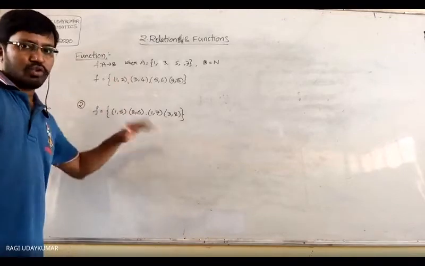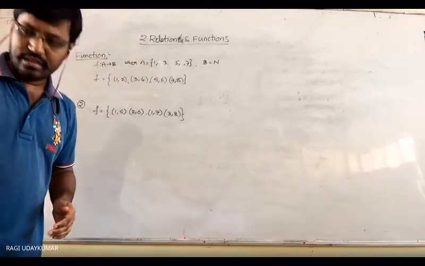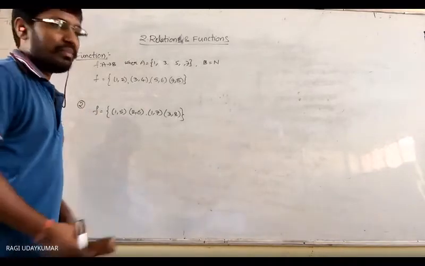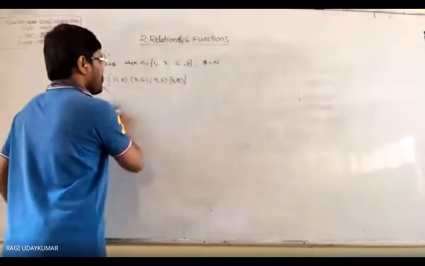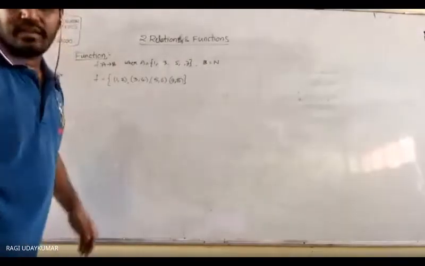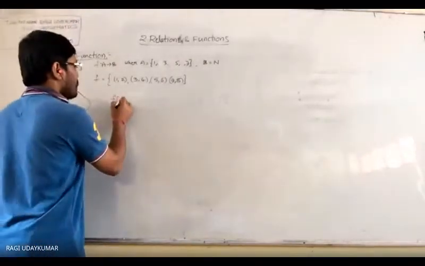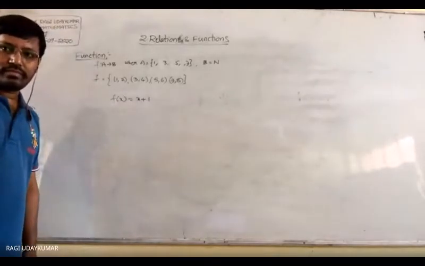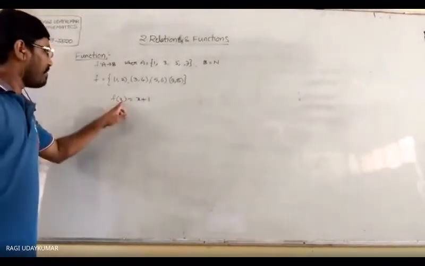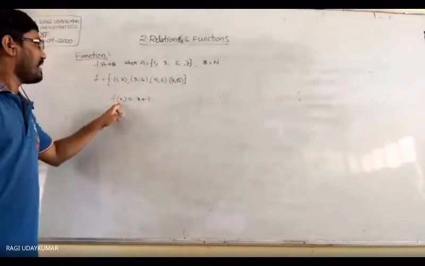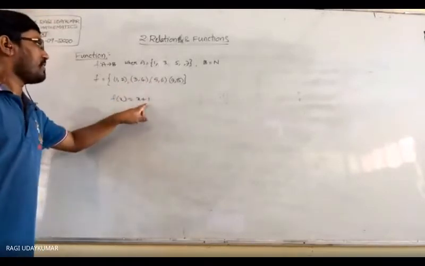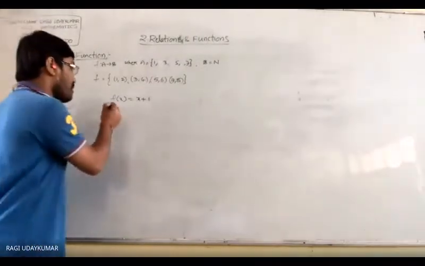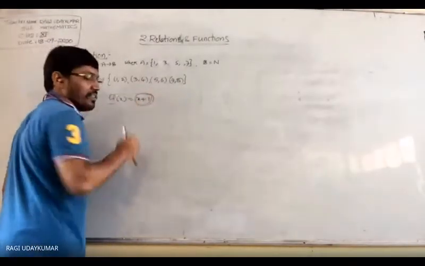So the function can be represented, or relation can be represented like in the previous way. The second way is roster form. Another way is with an expression, with the function. Originally it will be given to you as an expression. Suppose if you take this function, this can be written as f of x is equal to x plus 1. If I take 1, it is 2. If I take 3, it is 4. If I take 5, it is 6. If I take 7, it is 8. So function can be given to you like this, as an expression.